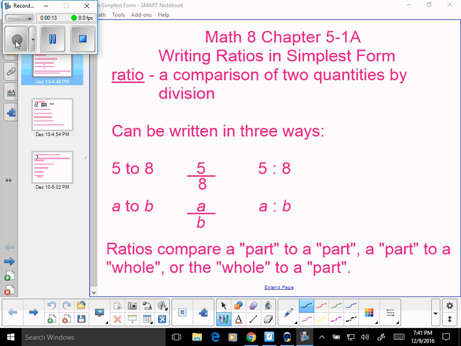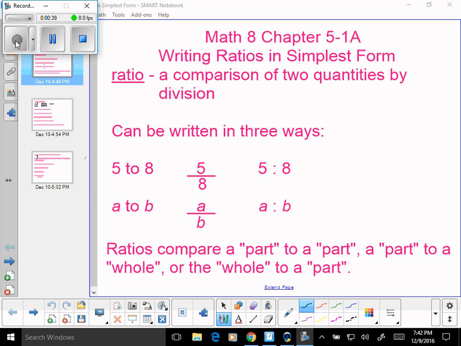A ratio is a comparison of two quantities, and we do this by division. However, we can write a ratio in three different ways. We can write it with the word "to" in it, such as 5 to 8. We can use a division bar or a fraction bar, 5/8, or we can use a colon, 5:8, but we